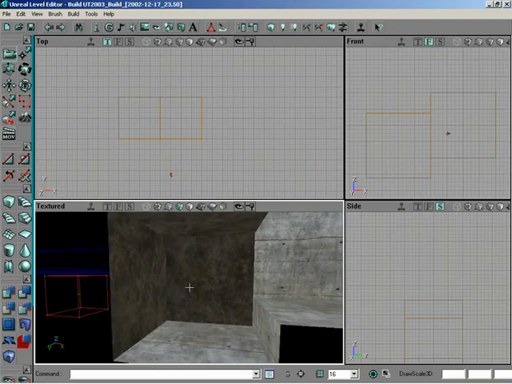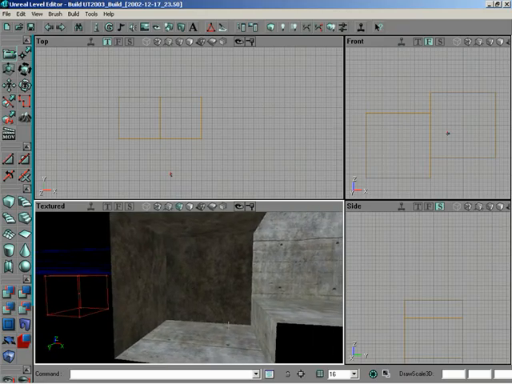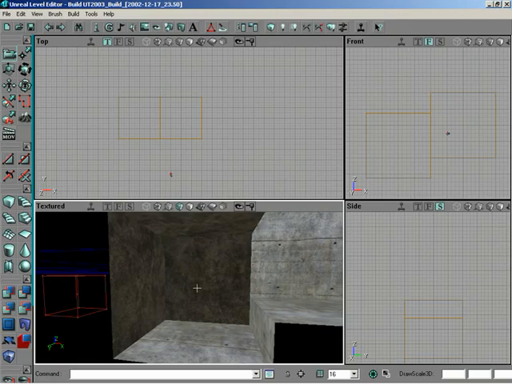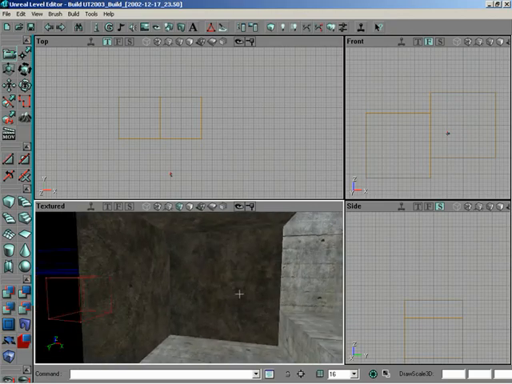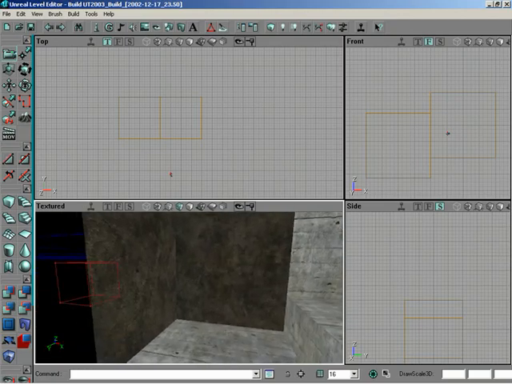Okay, so let's go ahead now and advance into texture alignment. Okay. First, let me set this face back to one of these floor type ones. So, of course, Alt right, Alt left. And